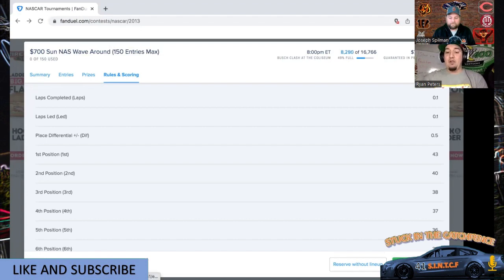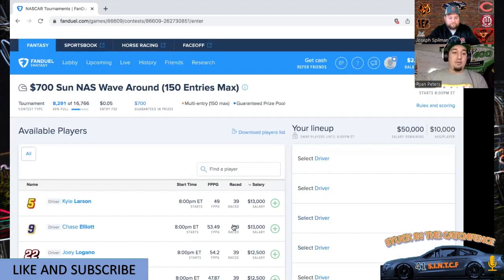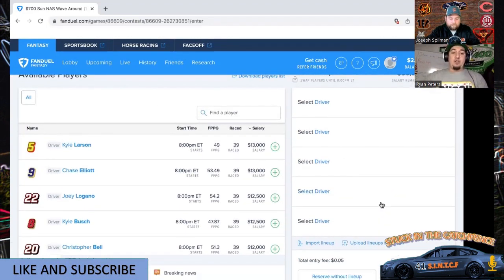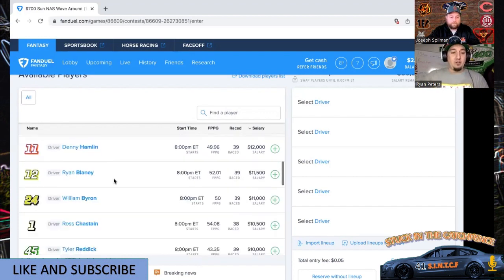So now we're going to enter a new lineup and see what that looks like. Whenever we go to enter our lineup, first thing you want to do, obviously, is pay attention to salary. On the bottom here, it will tell you where a driver's starting position will be. The first person I'm going to choose is because he was the fastest in qualifying, and I know he's going to be the cheapest, and I'm going to look for Justin